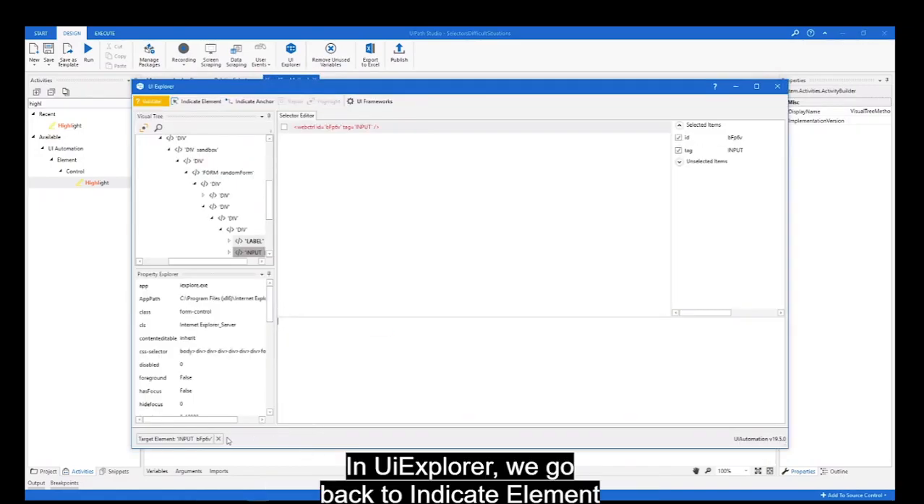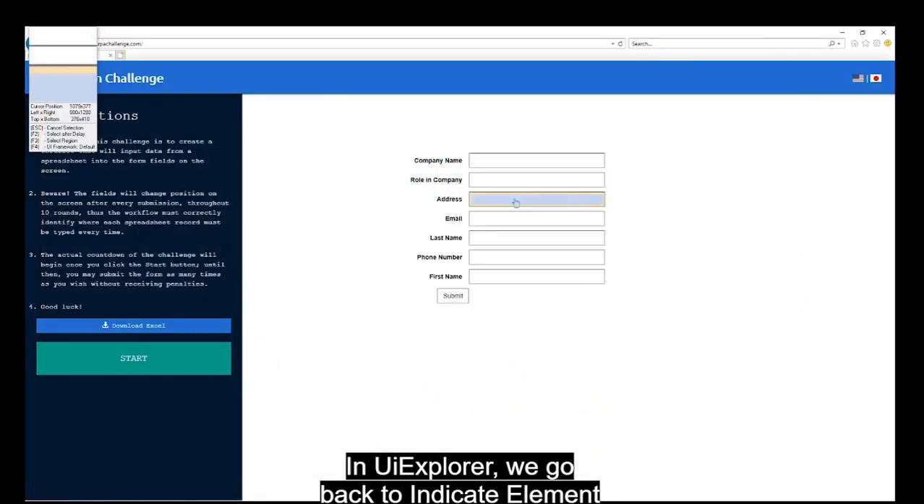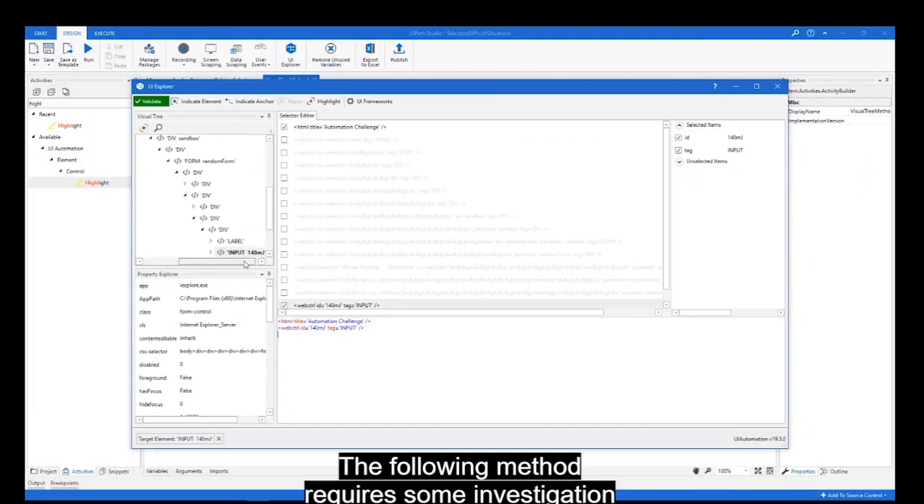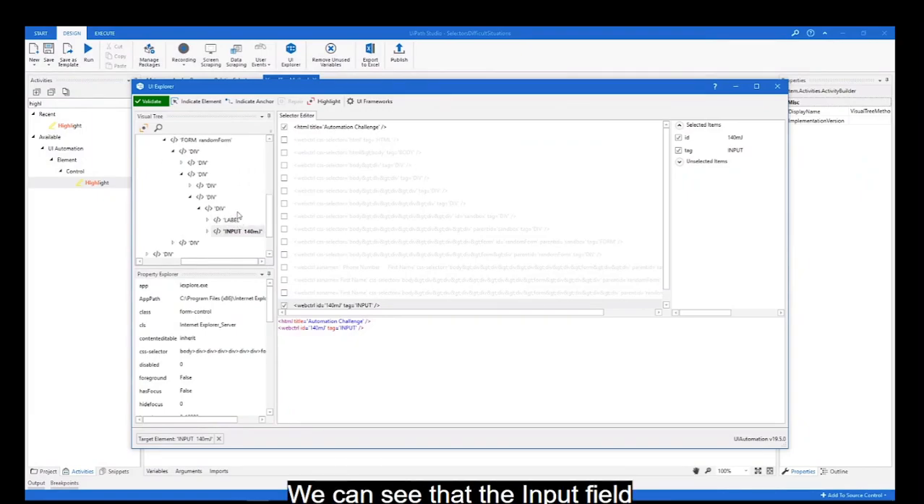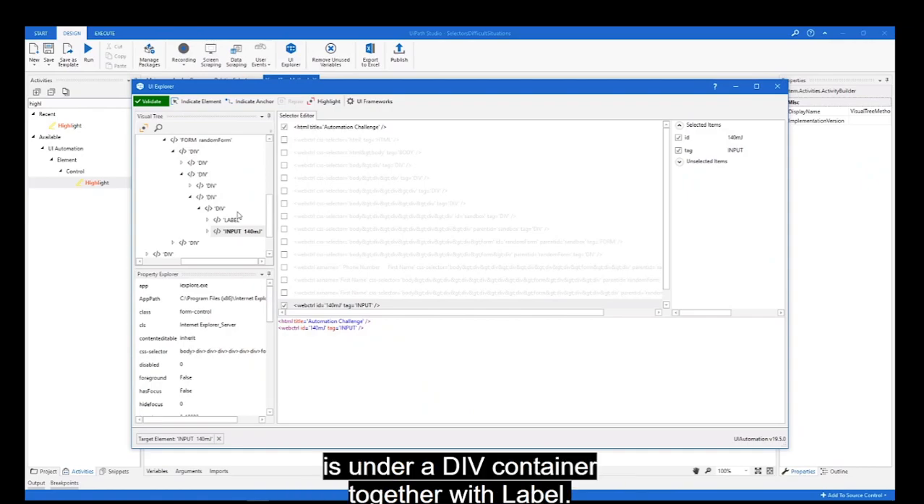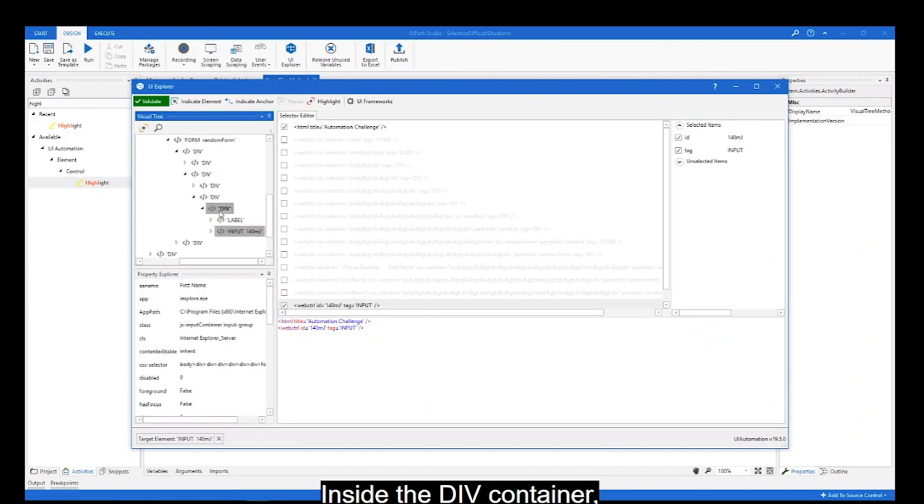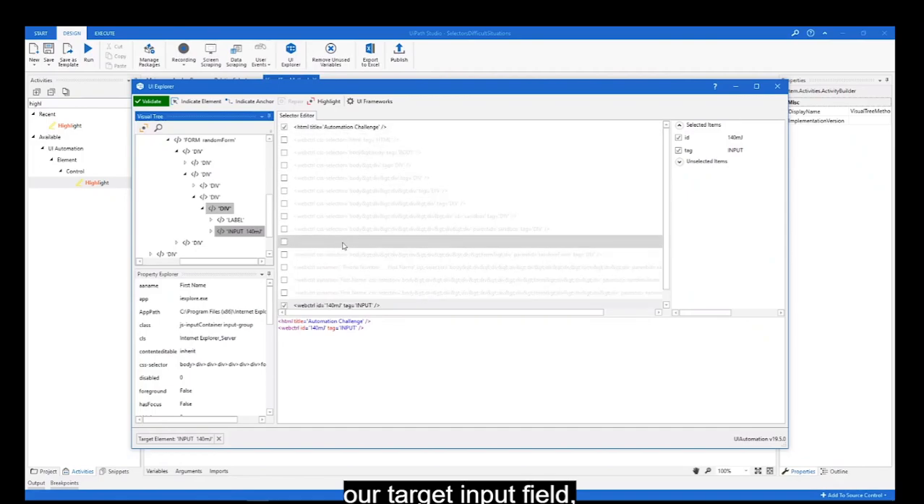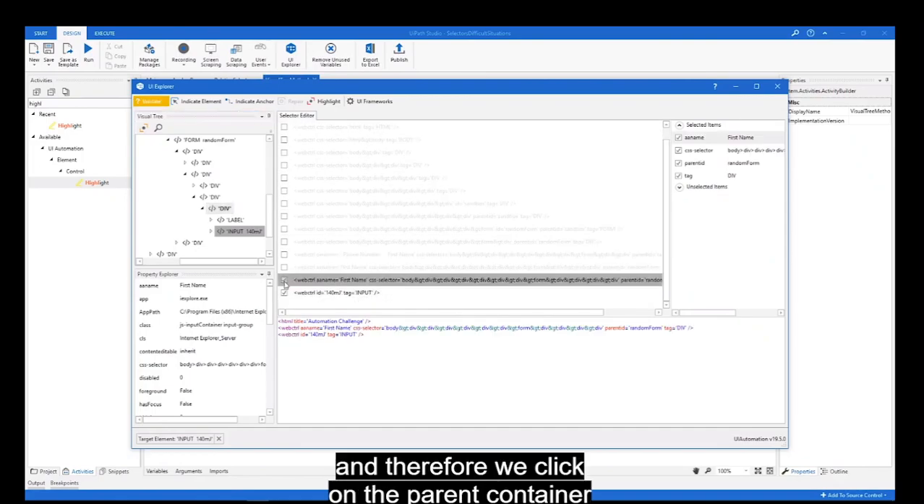In UI Explorer, we go back to Indicate Element and select the first name text box. The following method requires some investigation in the UI tree. We can see that the input field is under a div container, together with the label. Inside the div container, we proceed by selecting the input field, where the entire UI tree is showcased. From this point on, we need to activate our target input field, and therefore we click on the parent container